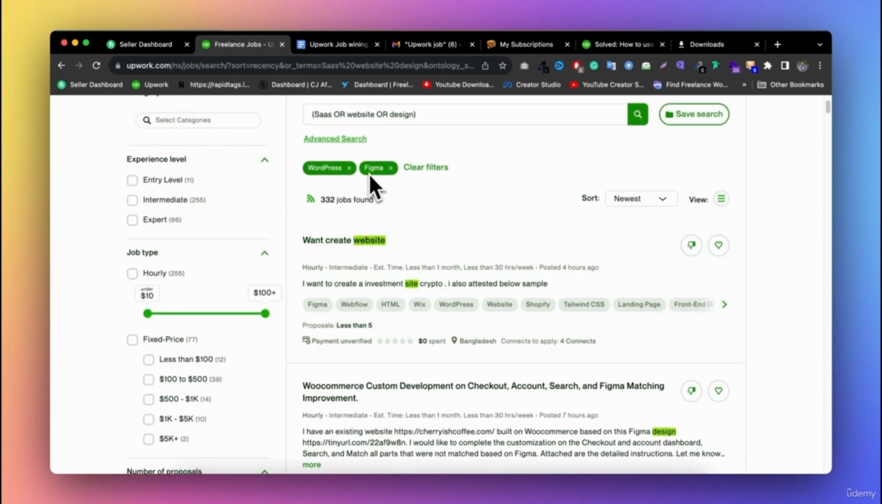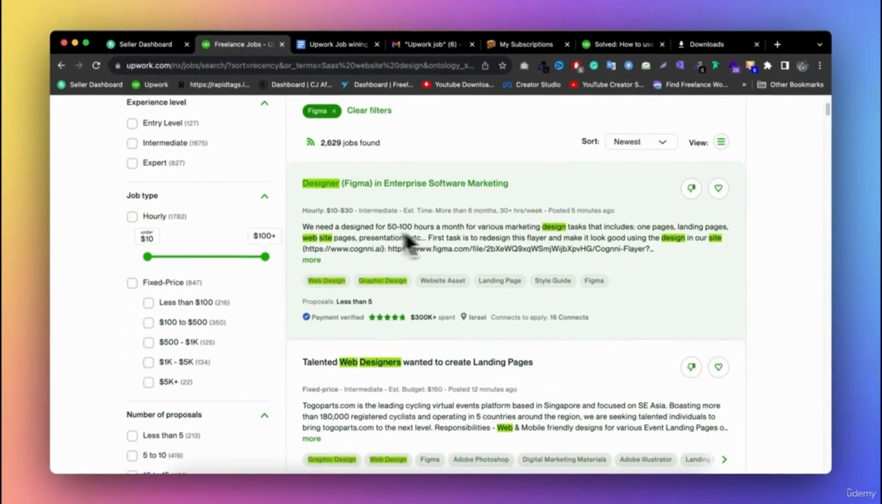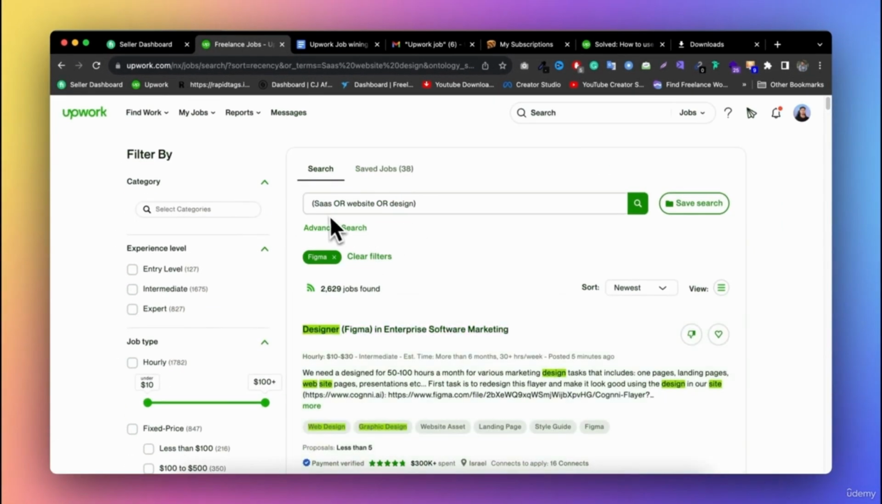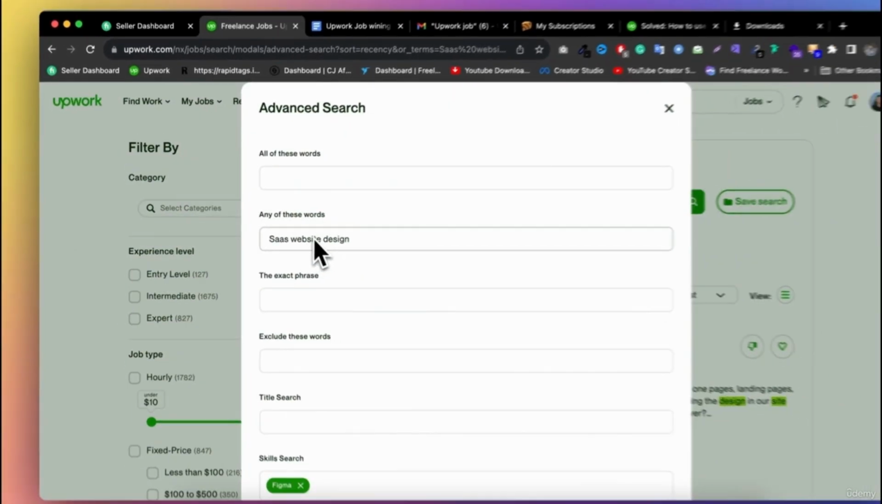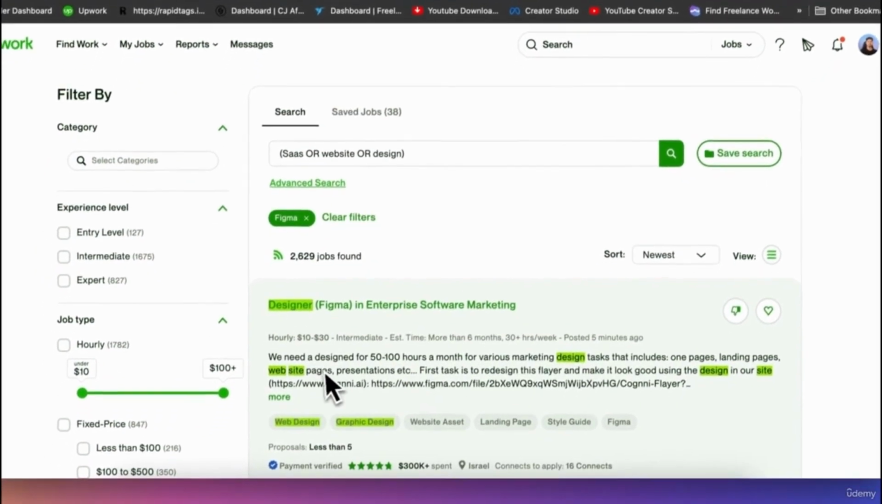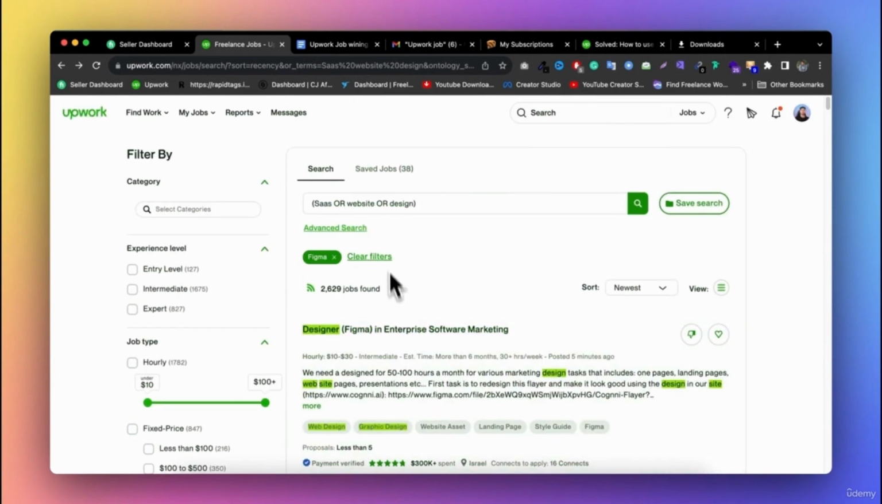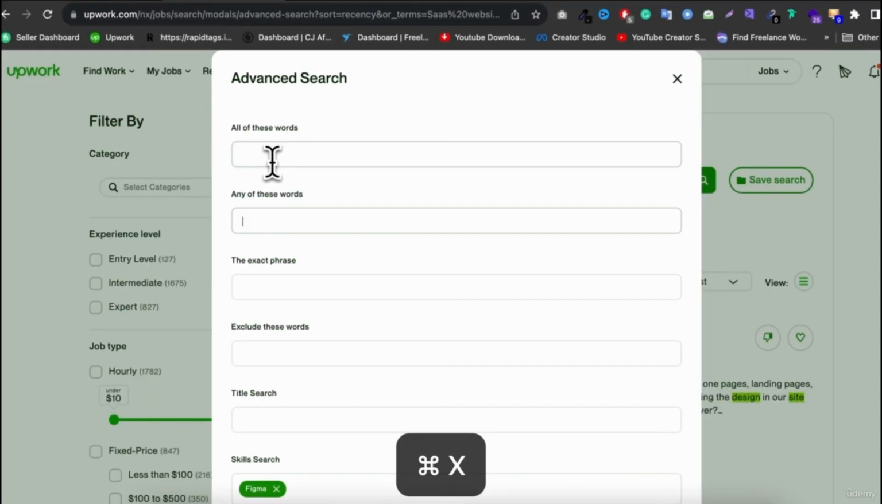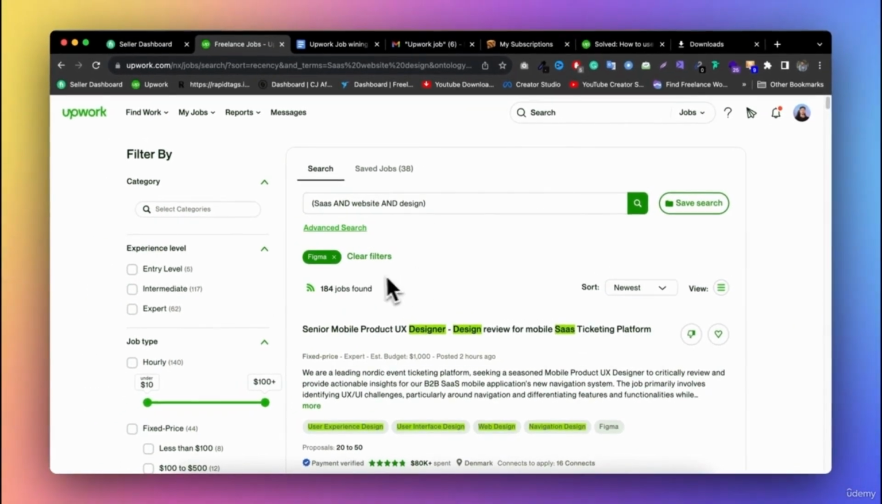And let's say you only like to go with Figma, so I'm just crossing out WordPress here, and as you can see, we get almost 2,000 jobs about SaaS website. But do you remember that we just chose any of these words? So that's why, as you can see, they pick these three, right? They got design, website designer, web. If a job has only one of these words, they show it here. And in here, for all of these words, that means if a job has all of these words, then they will show this job. So I'm selecting all of this, and as you can see,